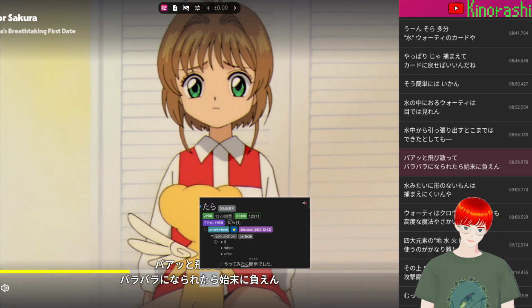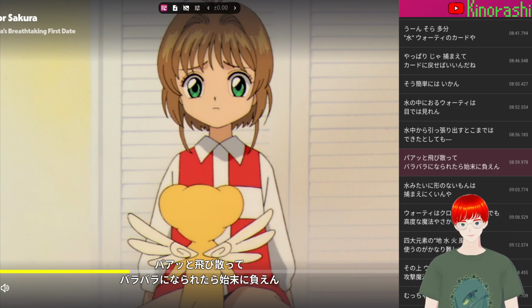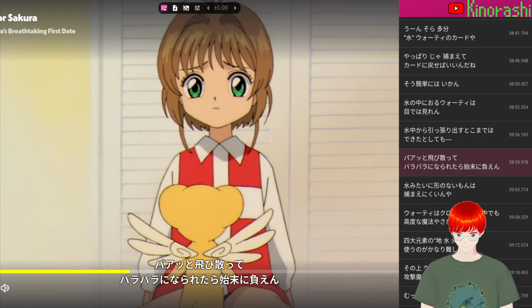And then we're using the tara form of it on top of the receptive form. So if or when it receives becoming scattered,